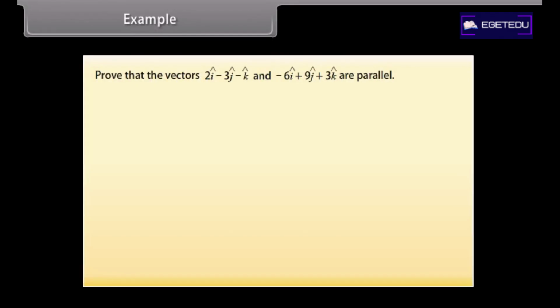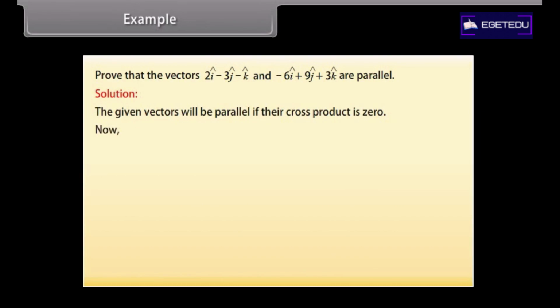Example. Prove that the vectors 2 cap i minus 3 cap j minus cap k and minus 6 cap i plus 9 cap j plus 3 cap k are parallel. Solution. The given vectors will be parallel if the cross product is 0. Now, (2 cap i minus 3 cap j minus cap k) cross (minus 6 cap i plus 9 cap j plus 3 cap k) equals the determinant, row-wise: first row cap i, cap j, cap k;